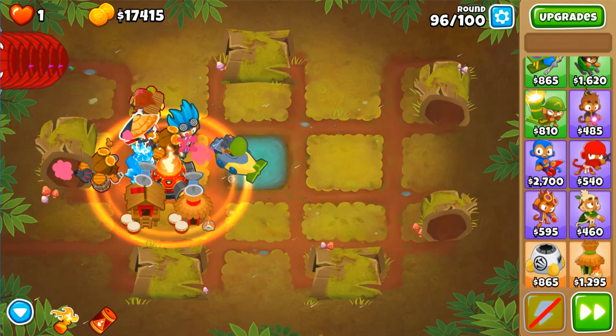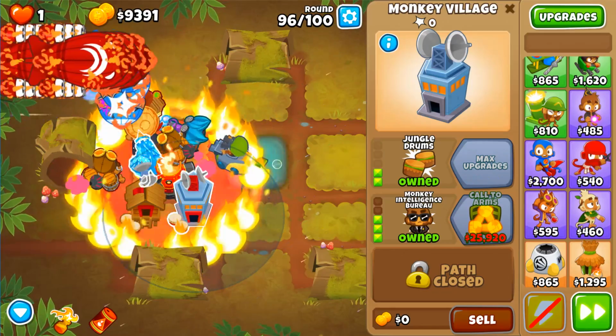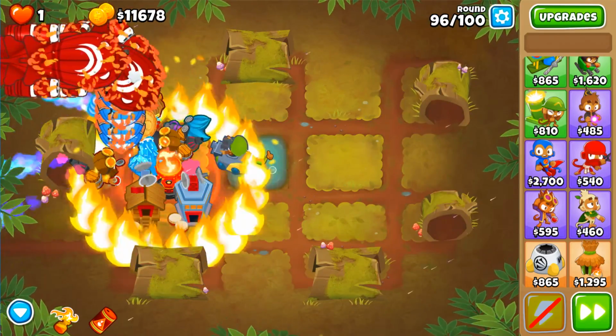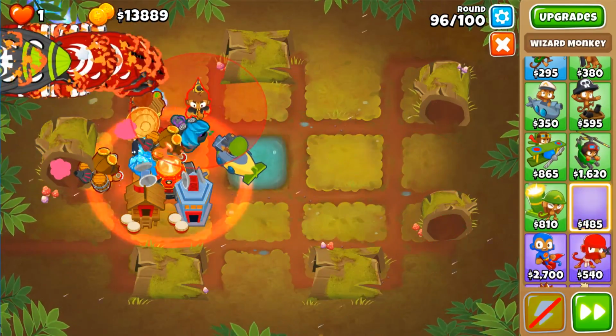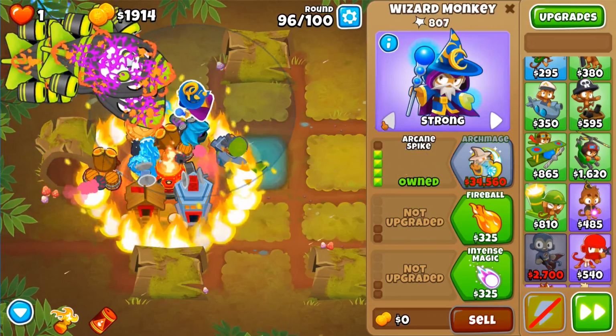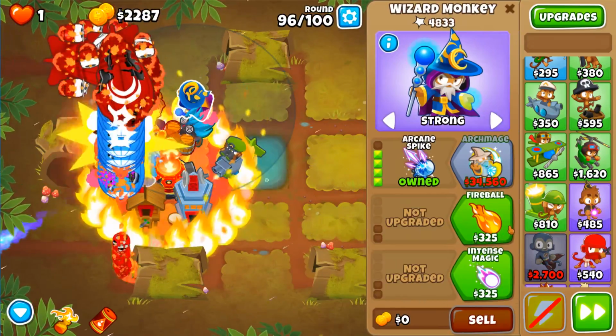It's kind of weird. So one thing you're noticing is the DDTs were a little bit of a pain. So we're going to go for the MIB here. That's going to get the Icicle Impale here, the DDT pop power that we want. So that's always a good thing. With a little bit of extra money we got, we're going to follow up with one last little wizard friend right here. He's going to be a little bit more pop power, just pop a little bit quicker. Bam, bam. Take that thing down. And then with any extra money beyond that, actually, we're going to go for...